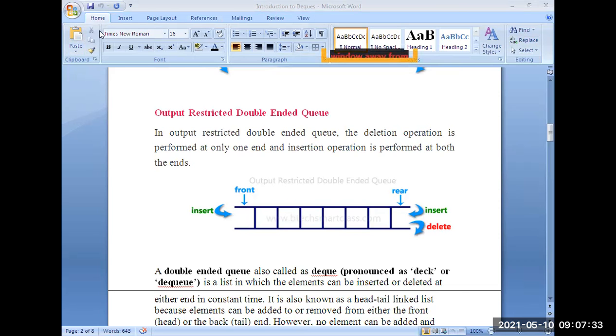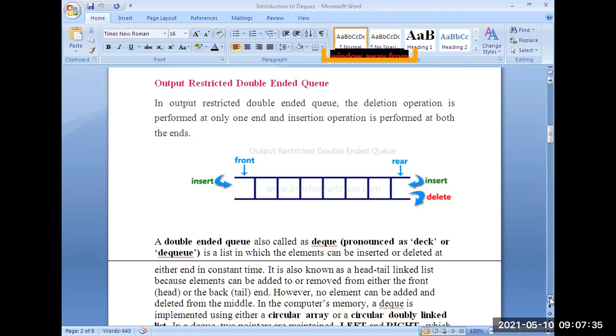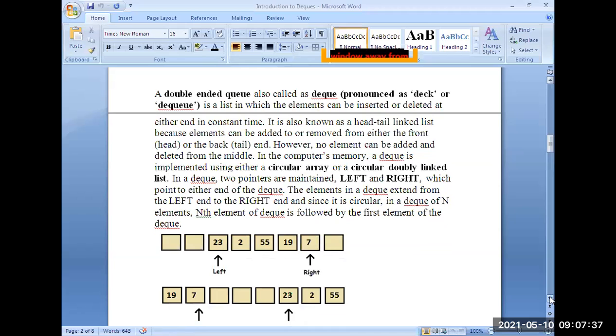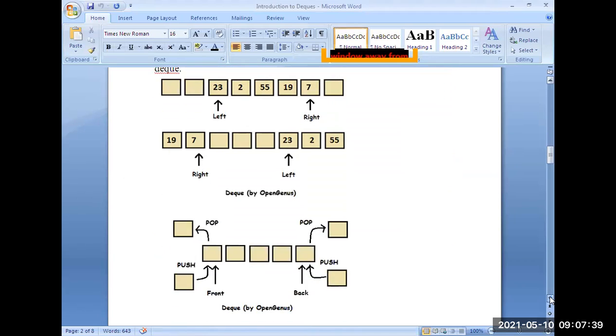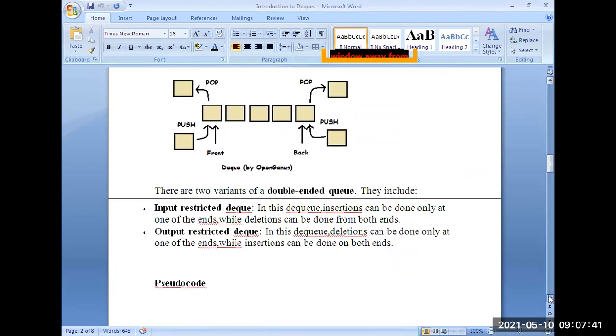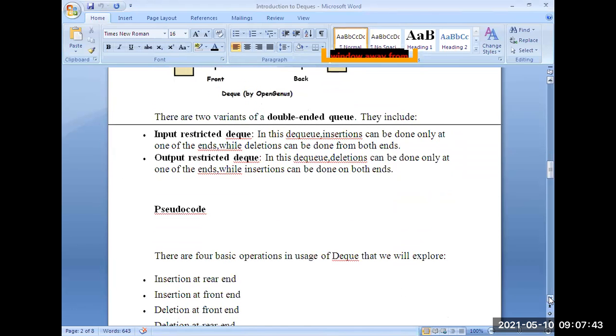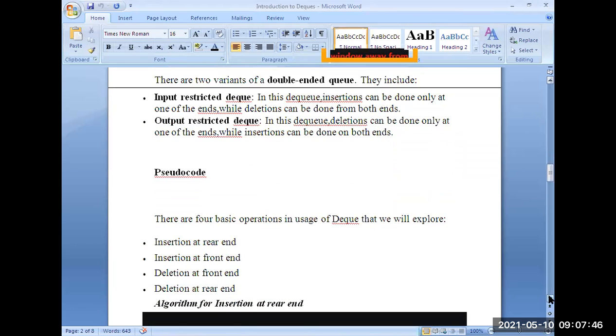The different types of operations on DQ are insertion at rear end, insertion at front end, delete rear end, delete front end.